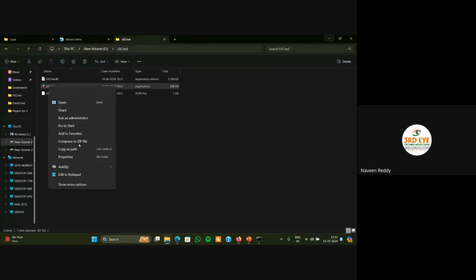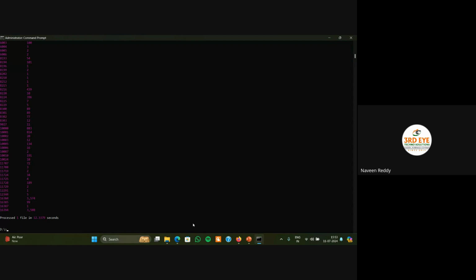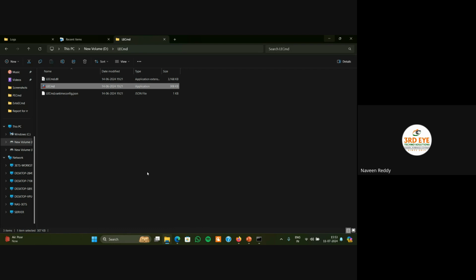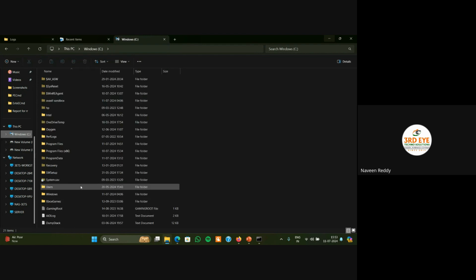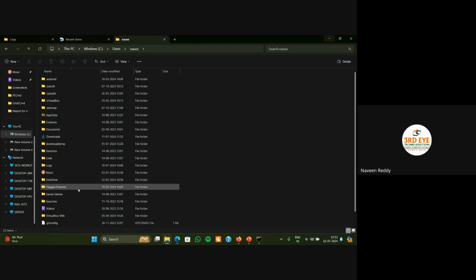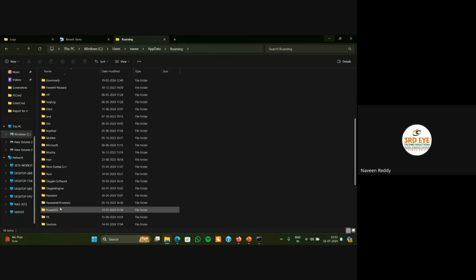And again, let's copy the path of the particular executable .exe. Paste it in here. Next we need to give the input of the particular LNK file which we want to analyze or parse. So for this, we have to go into C first, and it will be in Users, in the main user, and in AppData, Roaming. Go to Microsoft